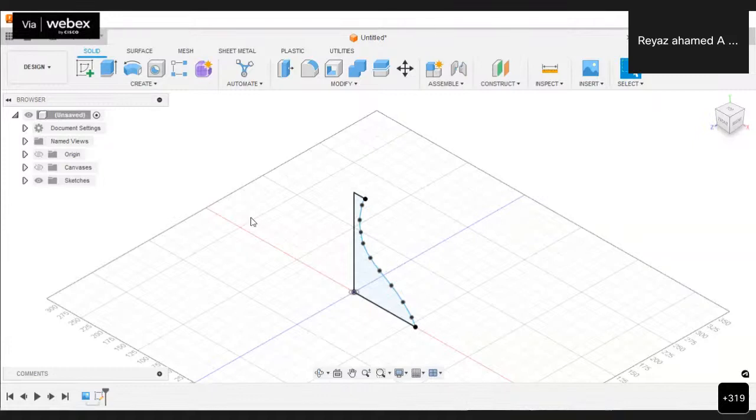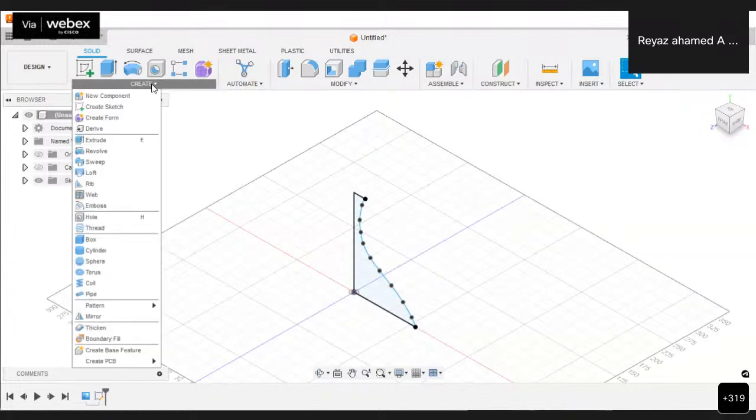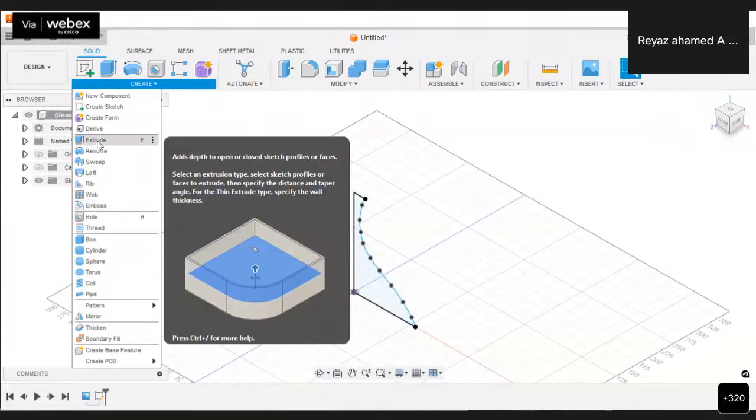Now we're going to convert this into a solid model. For converting this, I can go with an option called Revolve, which is available in the Create group of the Solid tab. In this Create group, there are a number of options. All these options are used to create a solid model. Especially from Extrude to Emboss, these are the tools that may be used to convert a sketch into a solid model.